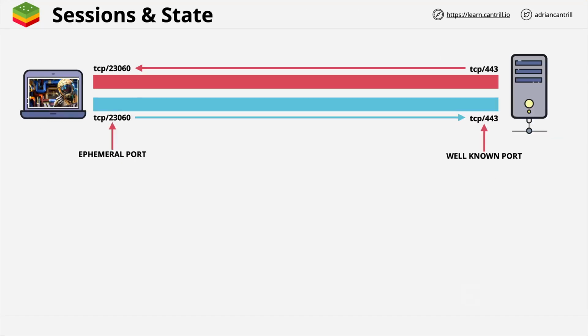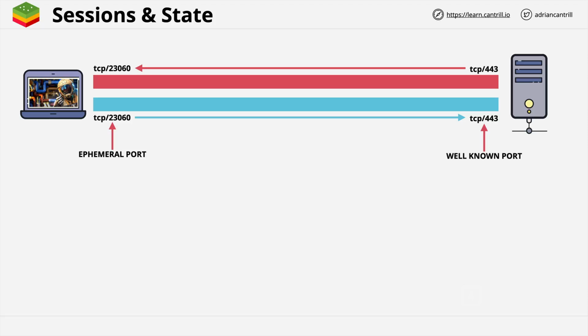Okay, so let's move on, and another concept which I want to cover is sessions and the state of sessions. Now, you've seen this architecture before, a client communicating with a game server. The game server is running on a well-known port, so TCP 443, and the client is using an ephemeral port, 23060, to connect with port 443 on the game server. So response traffic will come from the game server, its source port will be 443, and it will be connecting to the client on destination port